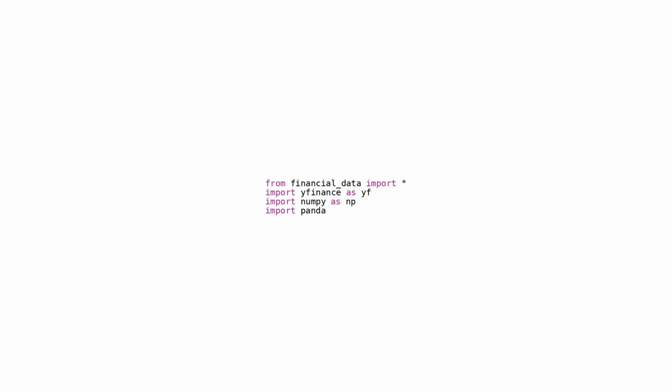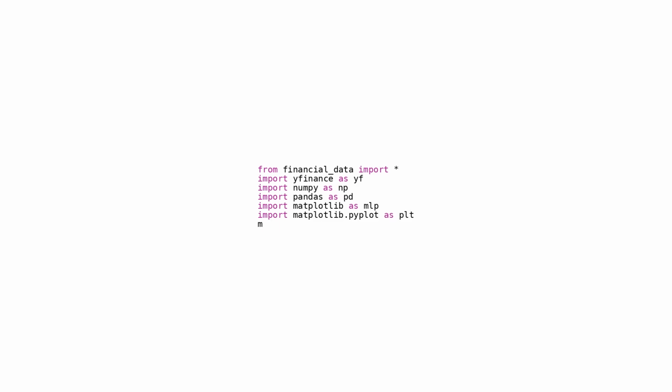NumPy is used for handling arrays and matrices, especially when dealing with a lot of data or complex mathematical operations. The line import pandas as pd is used to import the pandas library, a tool commonly used for data analysis and manipulation. The line import matplotlib as mpl imports the matplotlib library, which is used for creating plots in Python. This line imports the pyplot module from matplotlib, allowing us to create plots using a MATLAB-like interface. This line of code sets the style of the plots to seaborn-darkgrid, a visually attractive style, commonly used for displaying